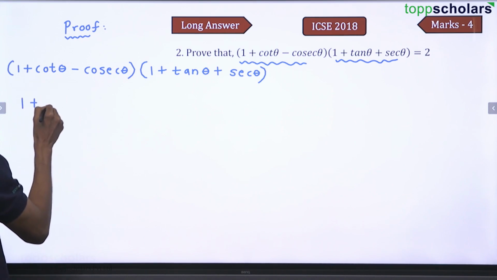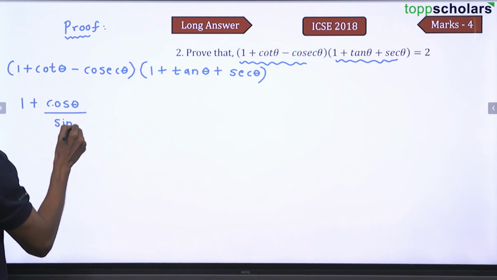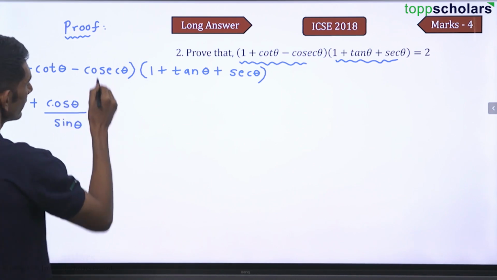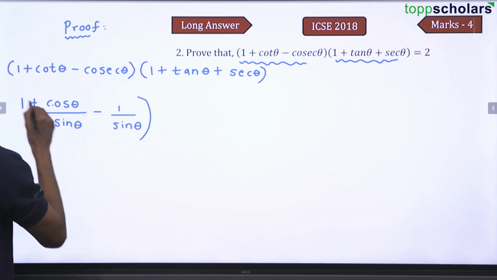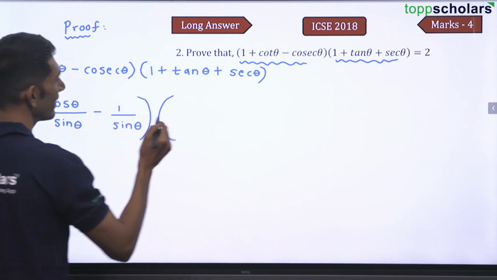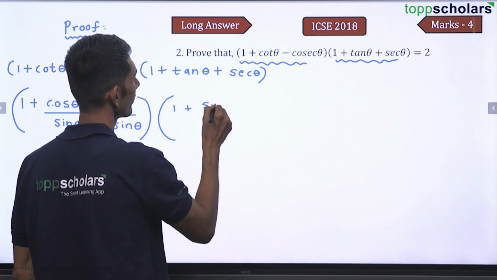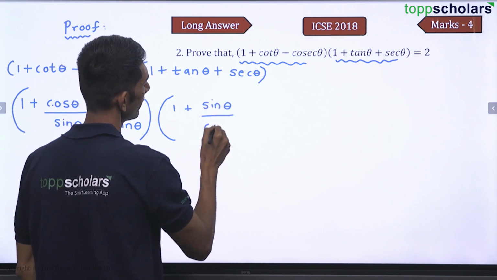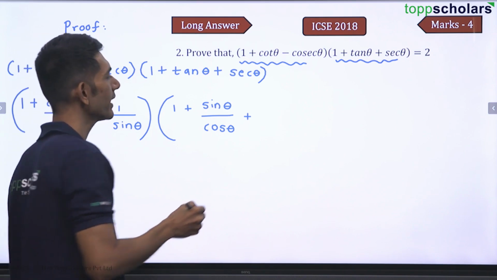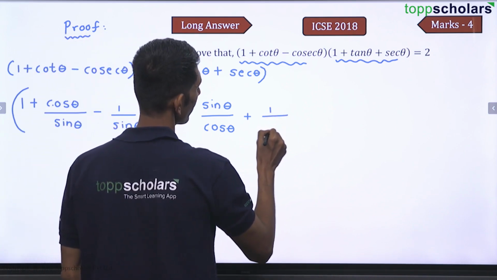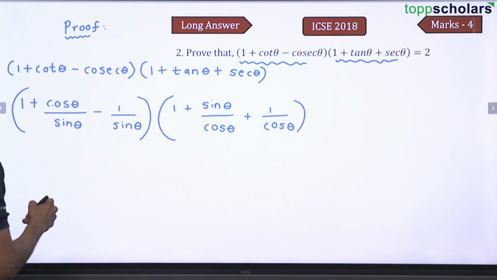Now can I write down cot theta as cos by sine? So this becomes 1 plus cos theta by sine theta minus cosec, which can be written as 1 by sine theta, because sine and cosec are reciprocal of each other. So this is what I get further. In the other bracket, apply the same logic. We know that tan theta can be written as sine theta by cos theta and sec theta can be written as 1 by cos theta. So this further becomes